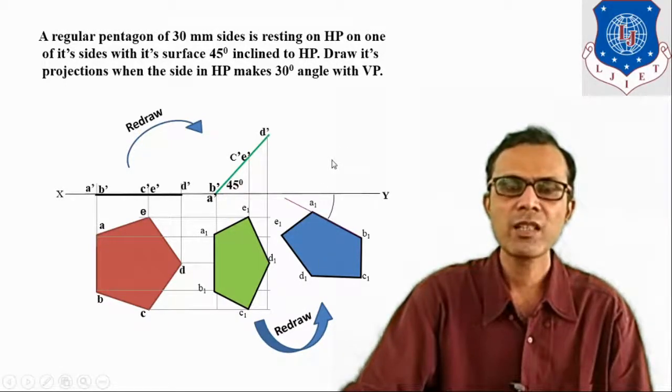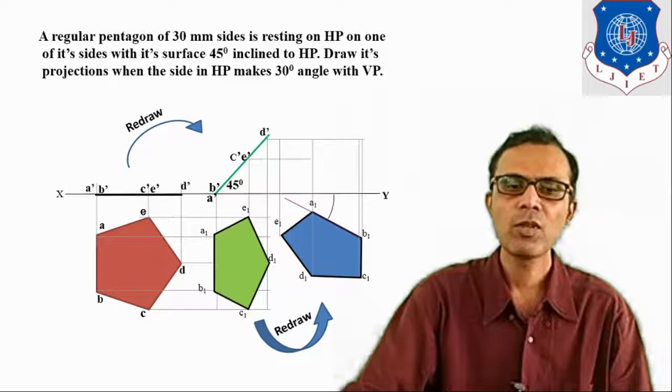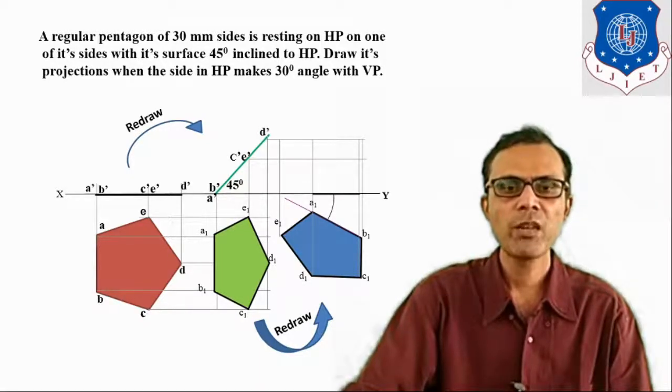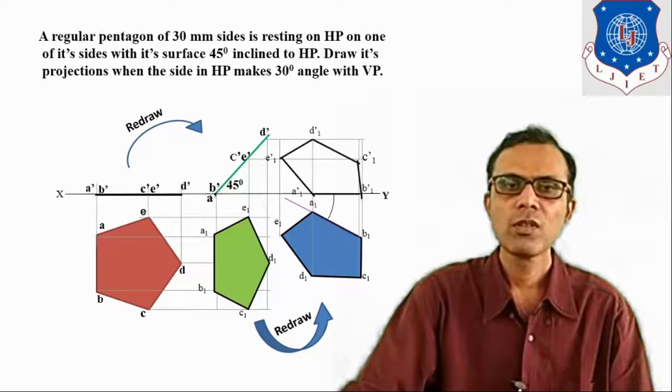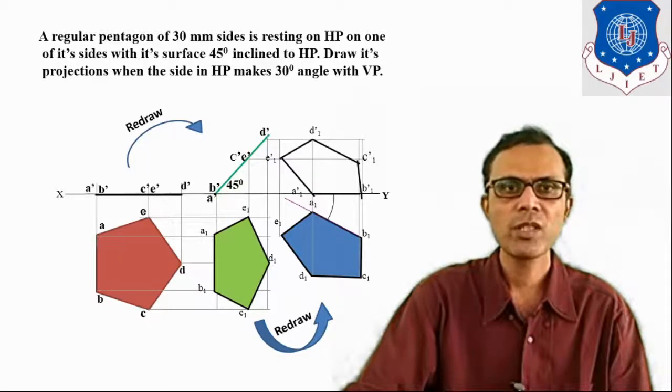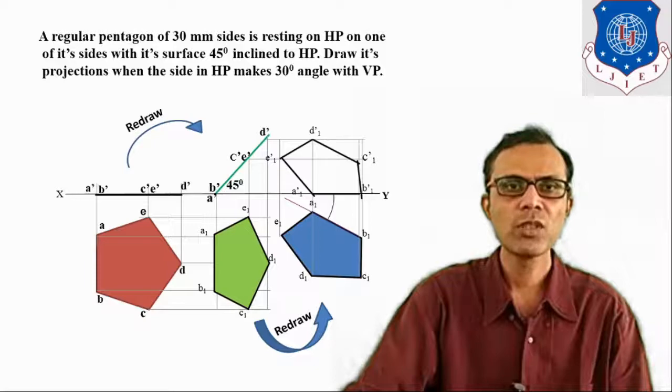Now for the final stage front view, draw projections from all the points of the top view and all the points of the front view, mark the respective intersecting points and join all these points in sequence. So it is the procedure to draw the projection for any plane which is resting on HP and is inclined to both HP and VP.